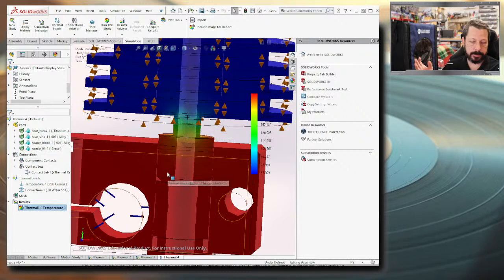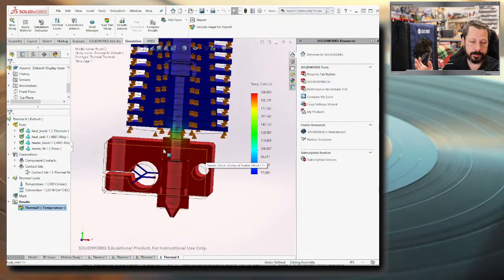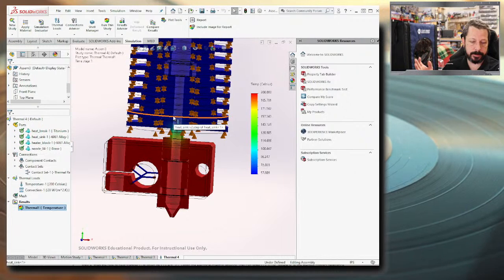In fact, this one would give us a lot of problem, because the tubing material that most of these are made from has a breakdown temperature of 250 Celsius. So if you were trying to run this, look, pretty much the entire heat block end is at my 200. So if I put 250 here, probably most of it's at 250. And so that's why